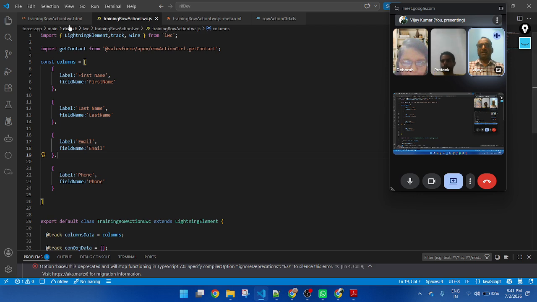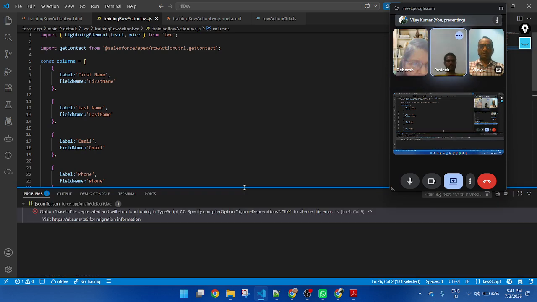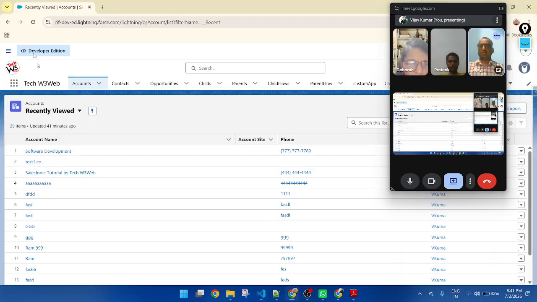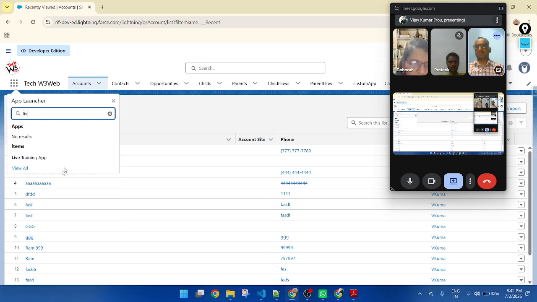So I deploy the code into the Salesforce org. You can see. Let me deploy the JavaScript file once again. You see my code deployed successfully. Now let me go to Salesforce and open my custom app, like the live training app.